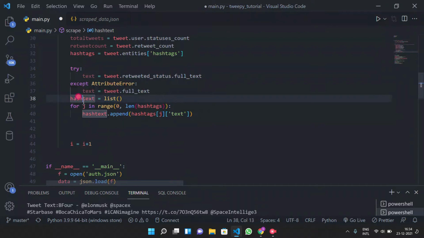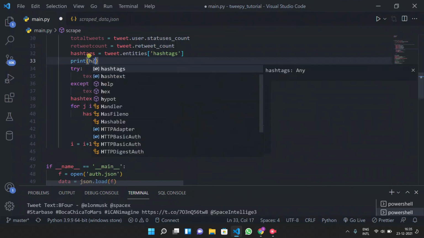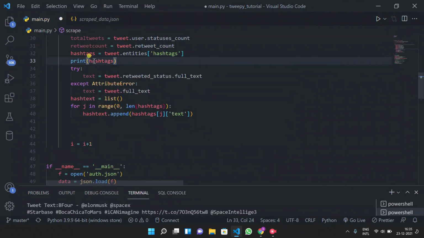So for getting that text part, we are creating a hash text list and iterating over that list, and for getting the hash text from the hashtags, we are using this line. If you are confused about this, you can see that we're directly printing the hashtags, so you will get to know why we are doing this.